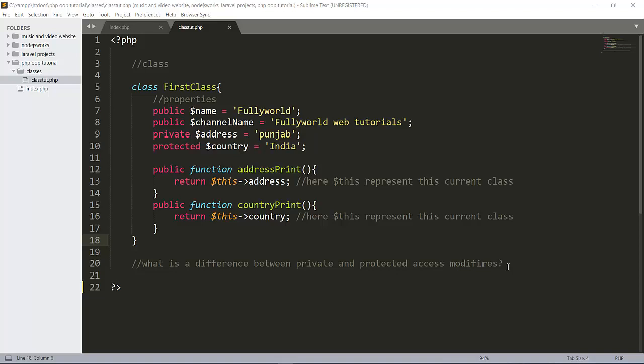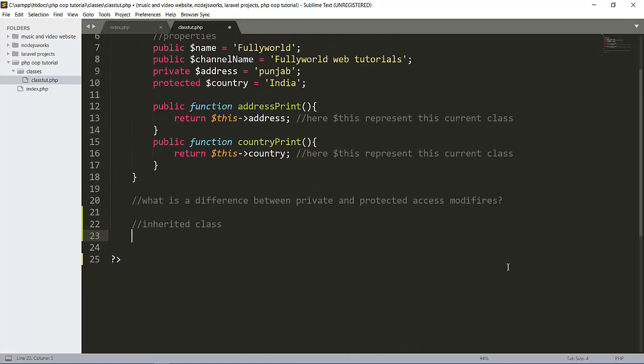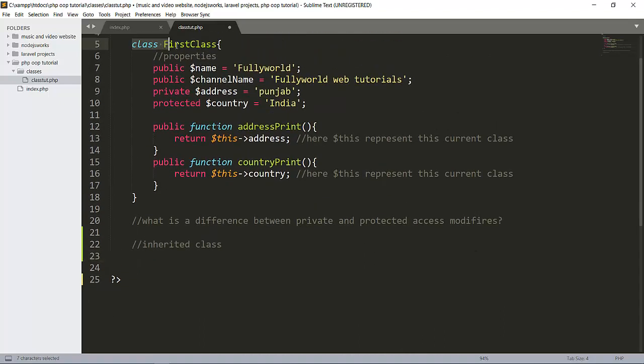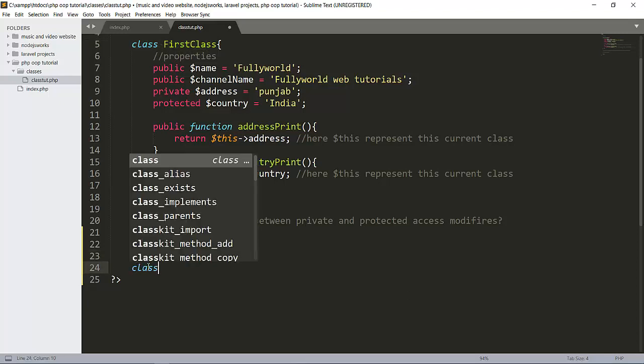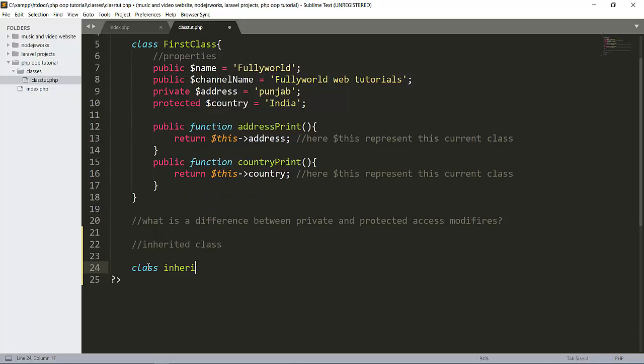Let's see it practically. Here will be a comment, inherited class. So let's create one class, class inherited class. You can write any name here, like inherited class, class 2 or class 3.